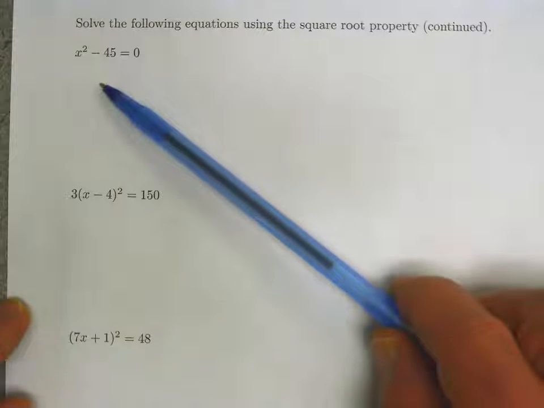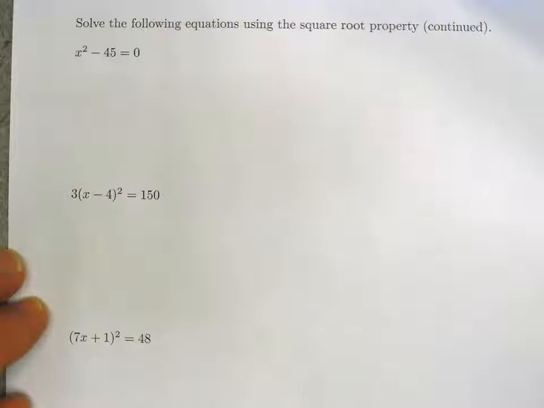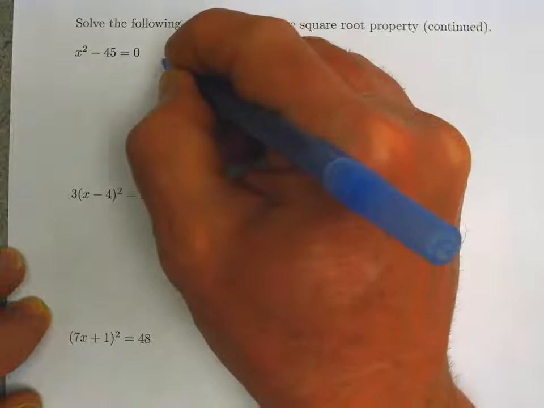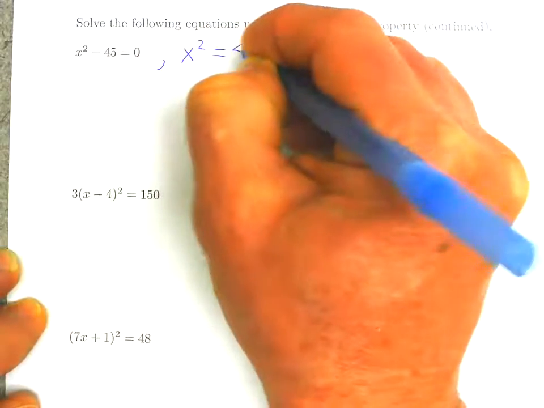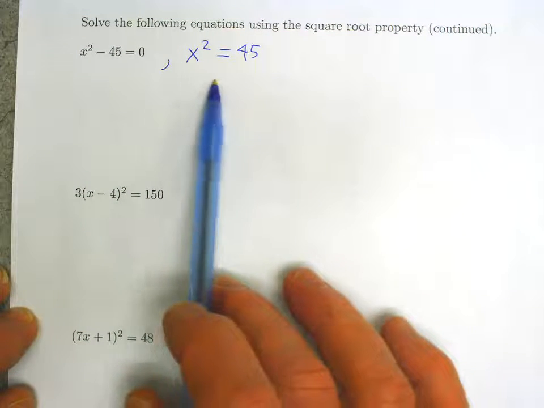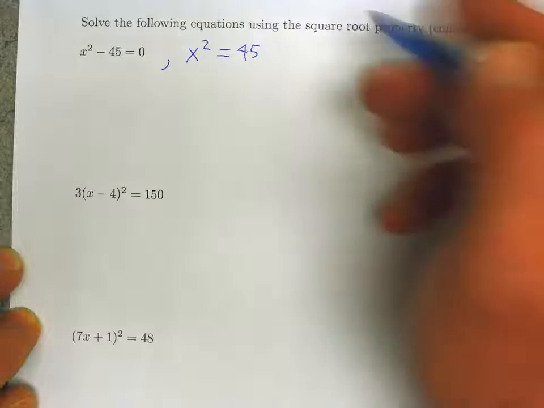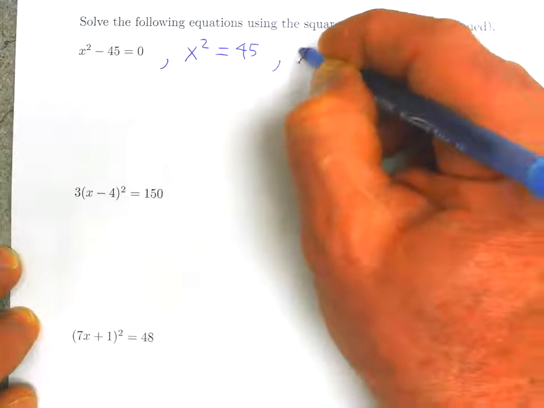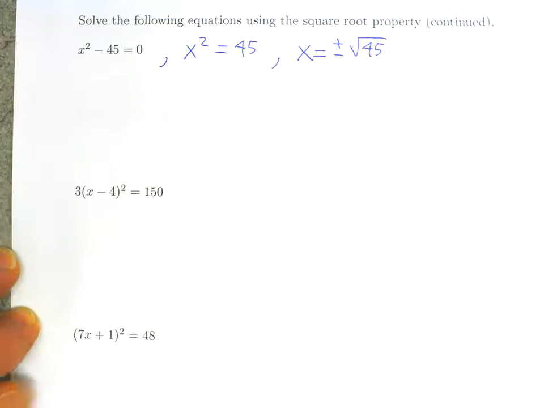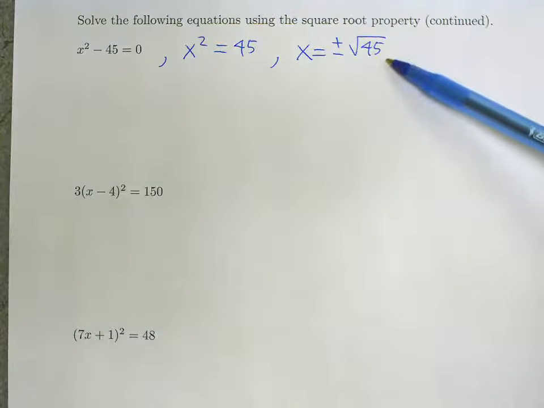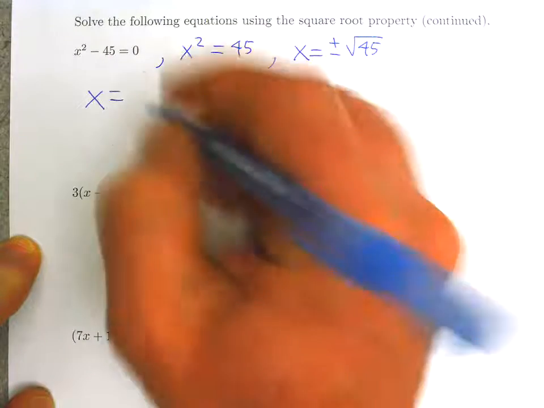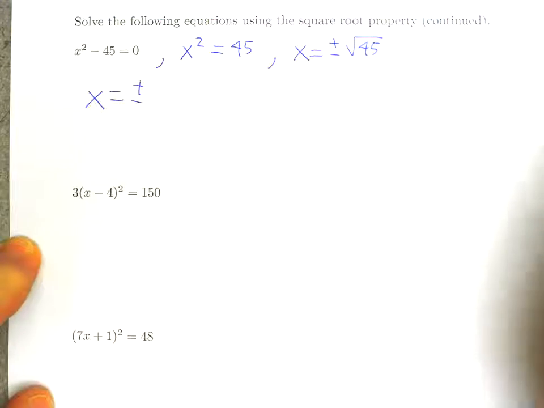Well, this time we have x squared minus 45 equals 0. Before we can apply the square root property, we have to add 45 to both sides. So we get x squared equals 45. And now it becomes more familiar what to do. Since x squared equals 45, we can apply the square root property and get x equals positive and negative square root of 45. And we can simplify the square root of 45 further. So we have to simplify square roots when possible. So x is equal to positive and negative